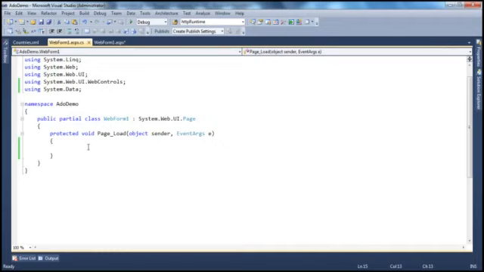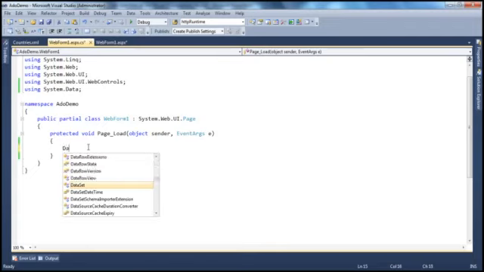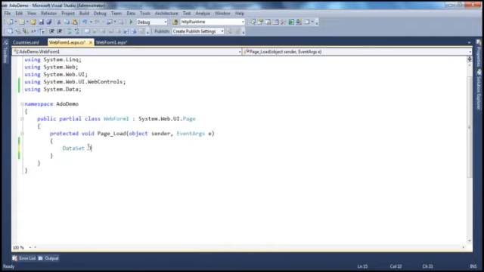So to read the data from the XML file, the easiest way is to use the dataset object. So we have the dataset object. So dataset ds is equal to new dataset. And by the way, this dataset object is present in system.data namespace. So make sure you use this using statement. Alright, so once I have this dataset